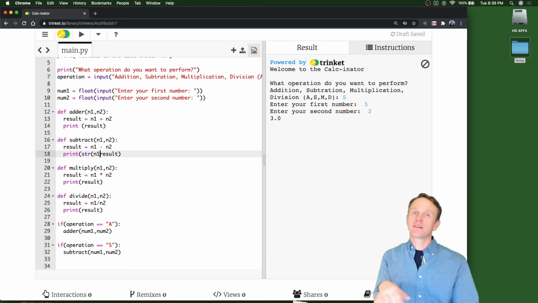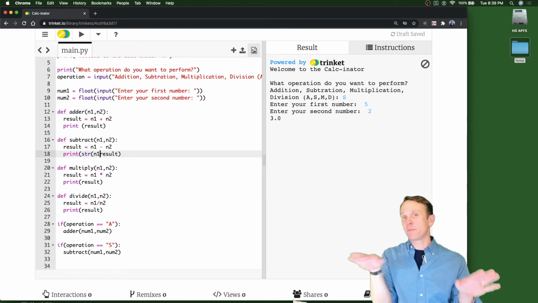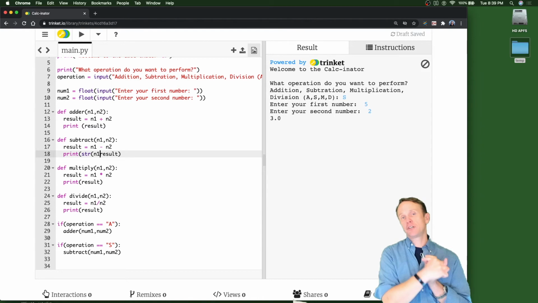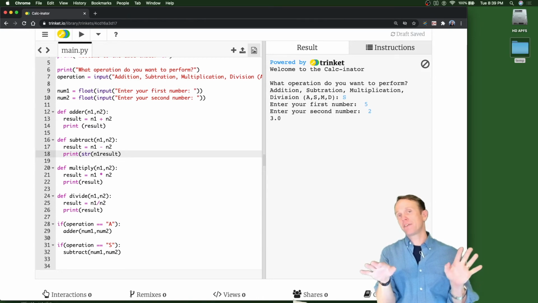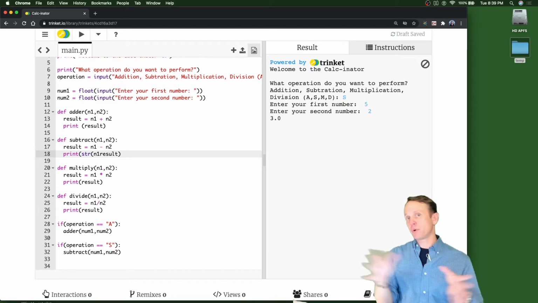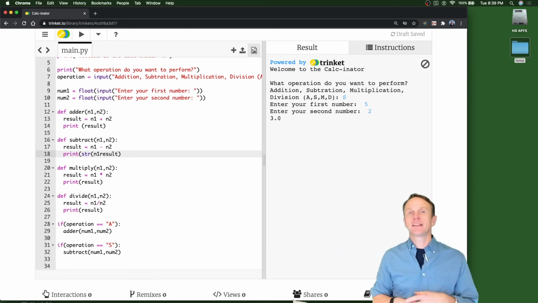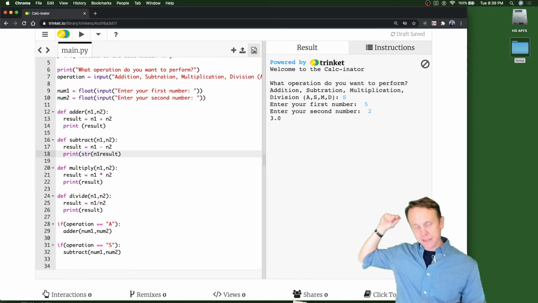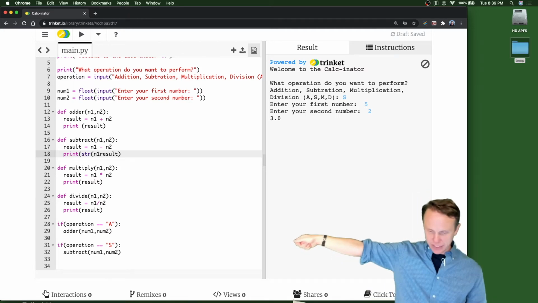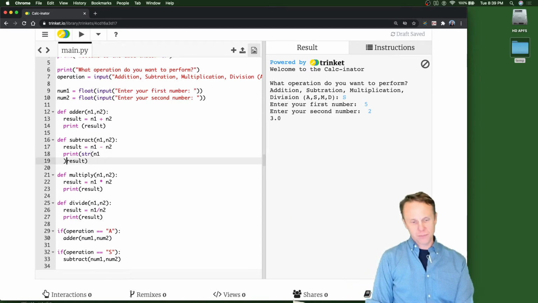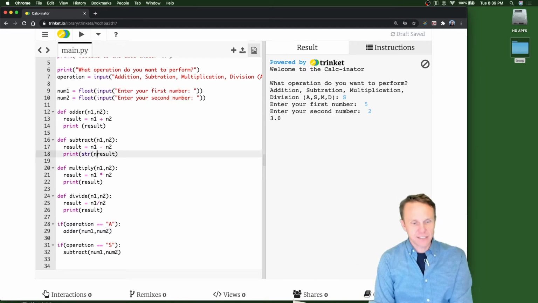We can print out numbers just fine if we just print them by themselves. We can print out floats, and we can print out integers and other stuff just by itself. But if we want to combine them with other words to make them pretty and make sense in a sentence, then we have to convert numbers back into a string. So the magical casting one comes out again, and we cast it to be a string, which just means str before you print it out. So we're going to say str